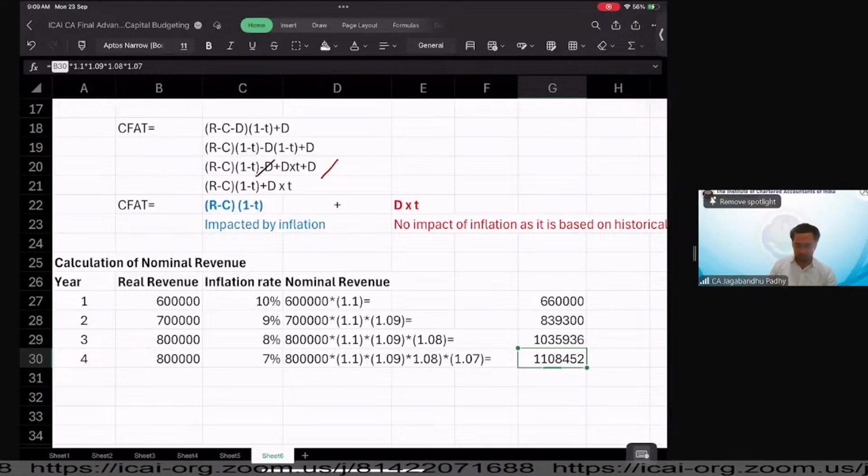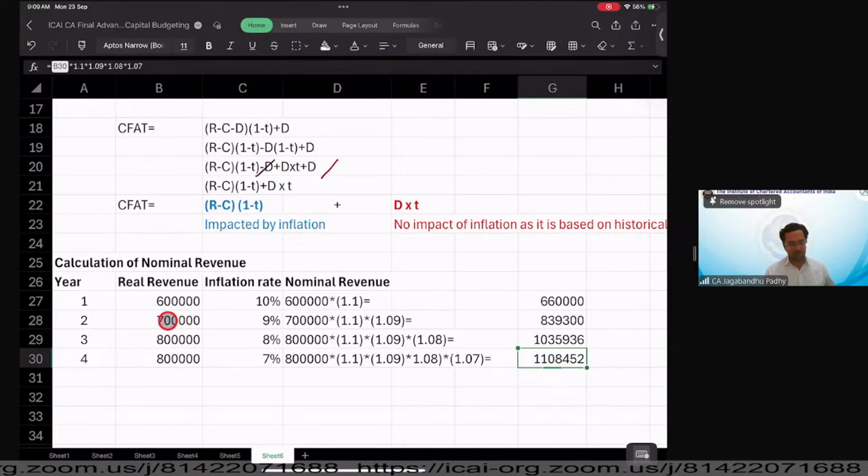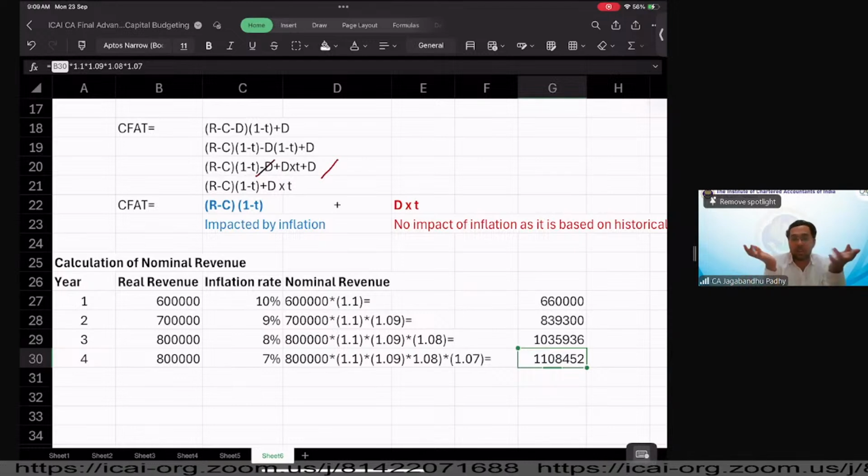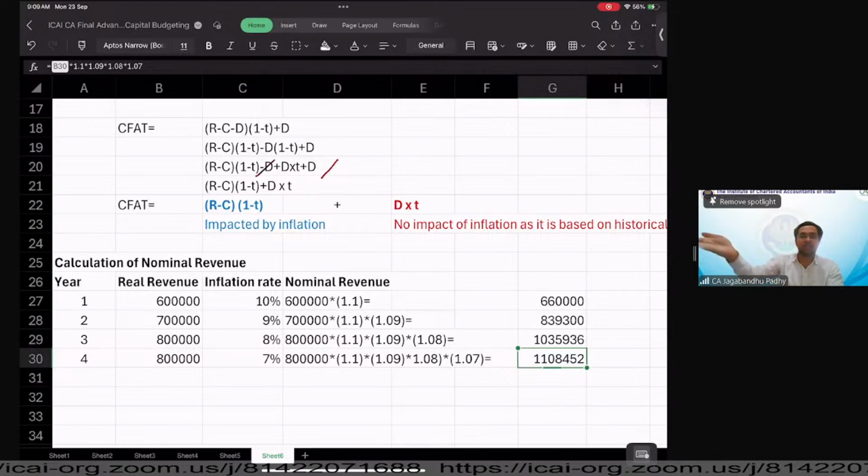Right? So inflation. Savita Rani, if you say, why are we adding inflation every year? See, this 7 lakh is the revenue that is going to happen in year 2, but at current price level. But in the second year, you have an inflation rate of 9%, and in the first year, there is an inflation of 10%, right? So by the time you reach the second year, the product which is costing 100 rupees would have become 110 in the second year. And then 110 will be increasing by another 9% in the second year. And therefore, we are going to give a cumulative impact.